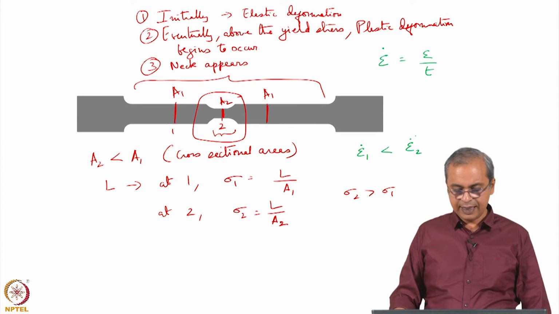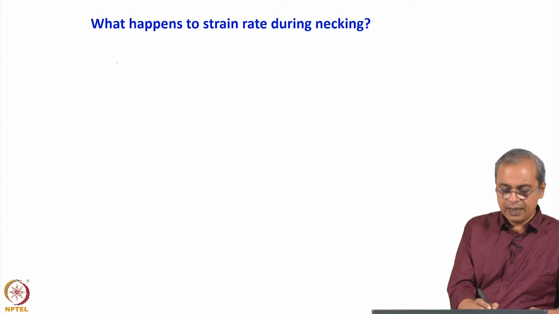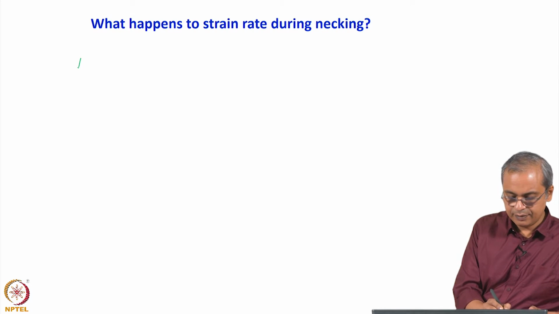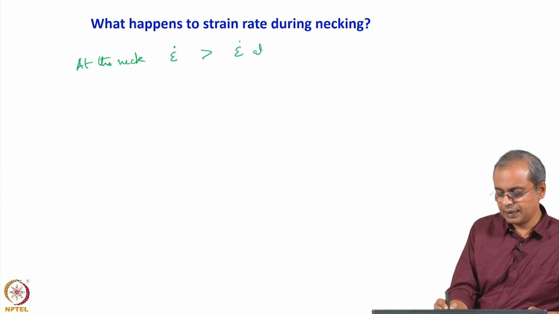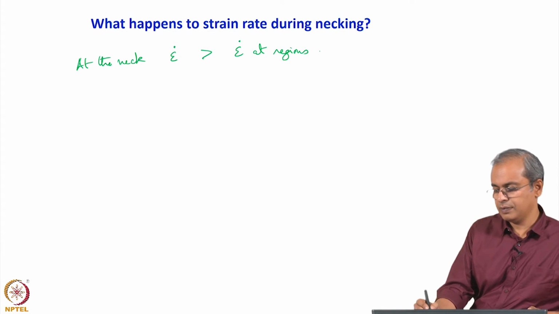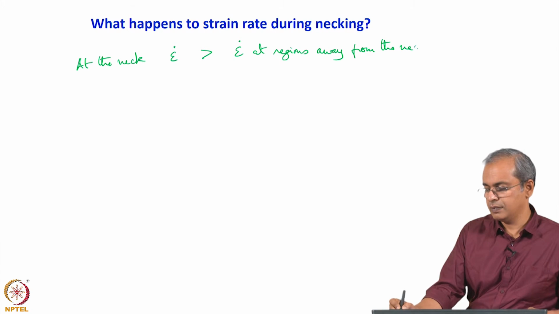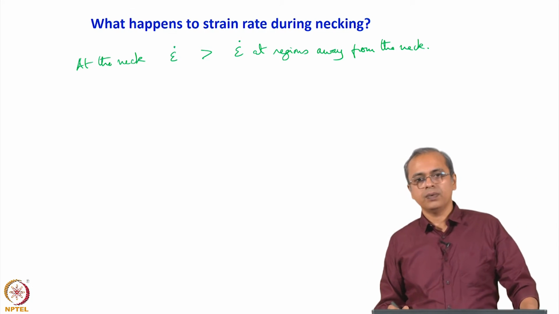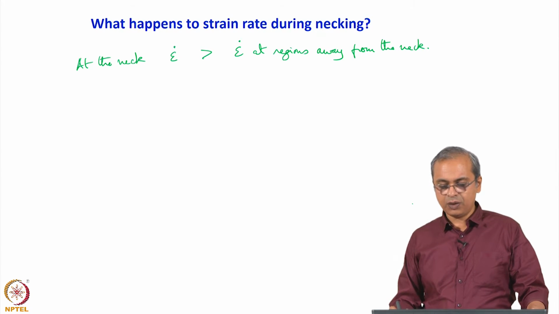So this is your sample and this is how it is strained. If you see at the neck, epsilon dot is greater than epsilon dot at the rest of the sample. Okay. So, the epsilon dot which is happening at the neck is greater than the epsilon dot that is occurring